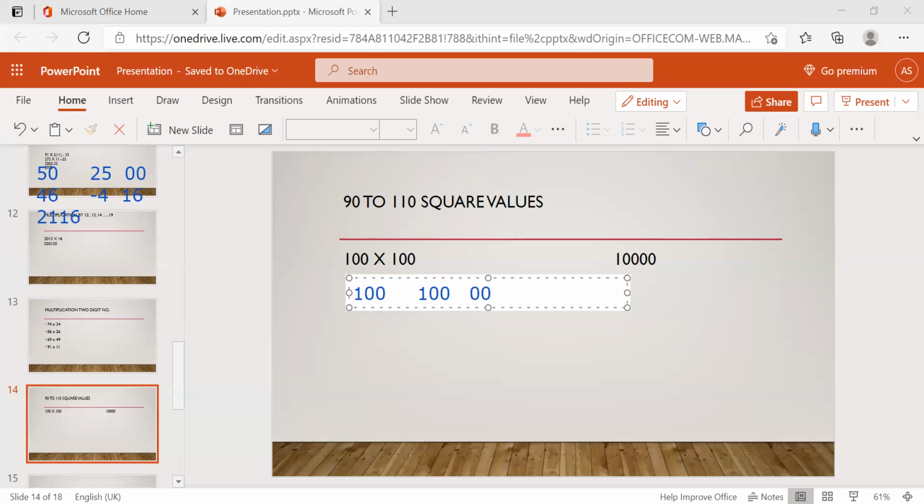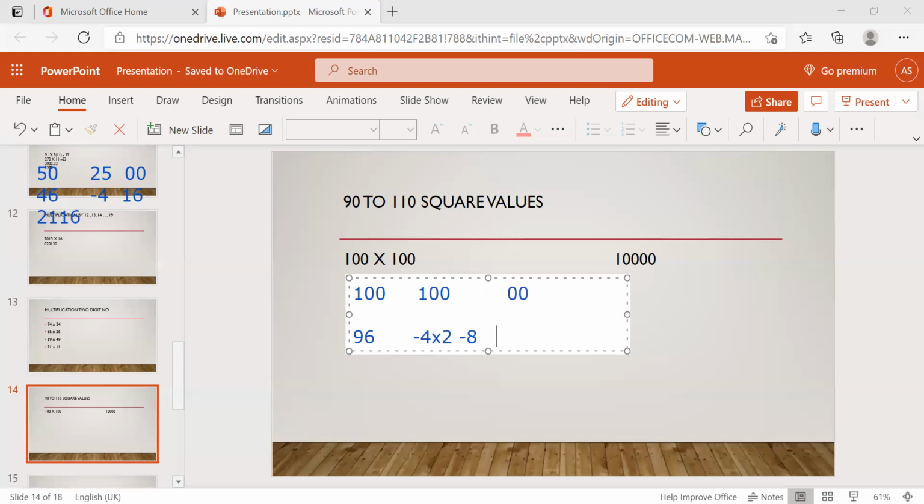Now if you want to find the 96 square, previously for 46 square, what was the difference? 4. So here also, the difference is minus 4. But here this is double that number, that is 50 and this is 100. So you have to double that difference into 2. What's into 2? Minus 8. This is the number you have to subtract from 100. Actually, the difference is 4 only.